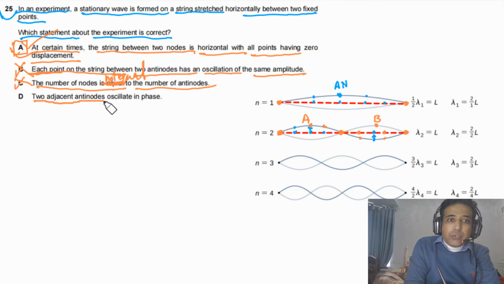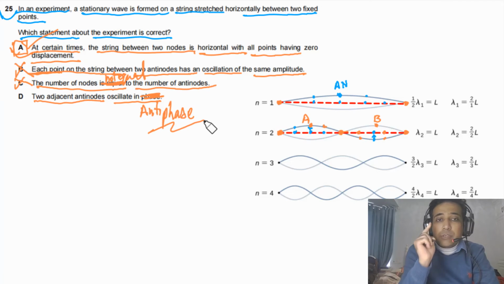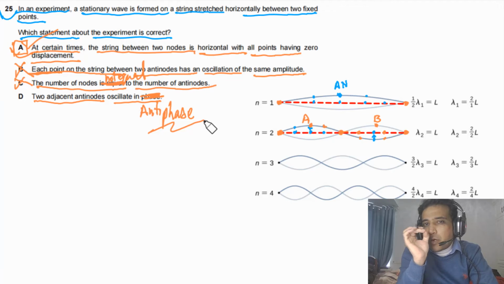Two adjacent antinodes oscillate in phase. No. Means particle at this point will be moving down, and the other particle will move the opposite way. They are in antiphase. So this has to be antiphase. So these are the points you need to understand. If you have clear understanding of these points we have discussed for this question, it means you have quite good